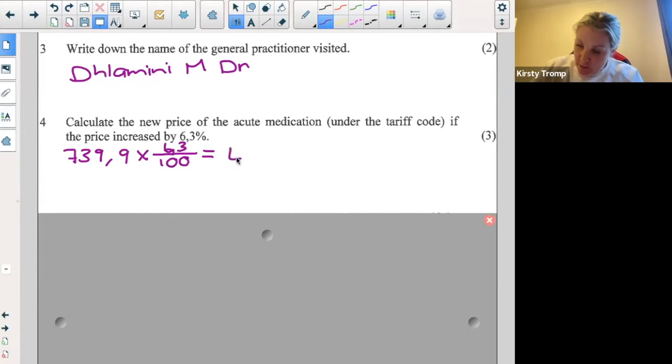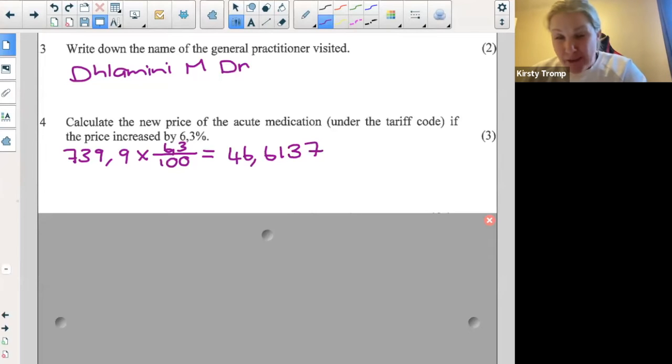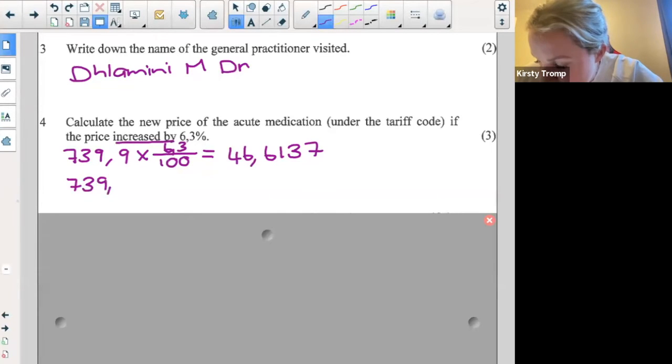And it gives me, I'm going to do it without all the rounding off first, 46,6137. It's not my final answer yet. That's why I haven't rounded off. I know some of you are going to be like, but ma'am, the rounding. It's okay. Don't worry. I'm going to get there. Now, it's increased by that amount, so it must mean that I need to add it. So I'm going to say 739,9